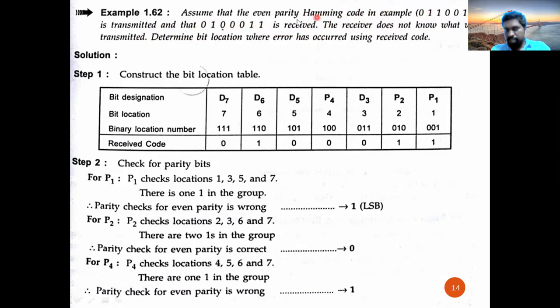The transmitted sequence and received sequence are both different. Carefully observe, both are different. And they don't know where the error has occurred. So they are asking that by using the Hamming code method, please find out where the error has occurred. So this is the problem related to finding the position of error. Okay, the previous model is the example for framing of Hamming code, and this is the model related to detection of error. Okay, the same method.